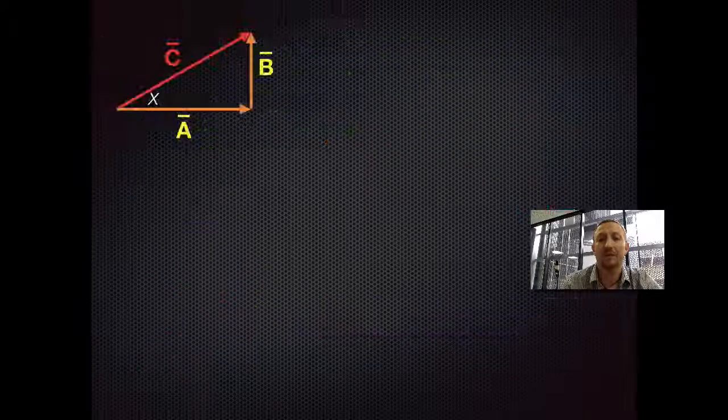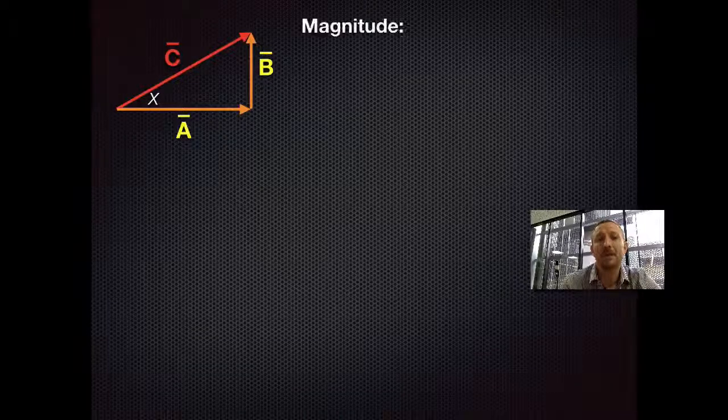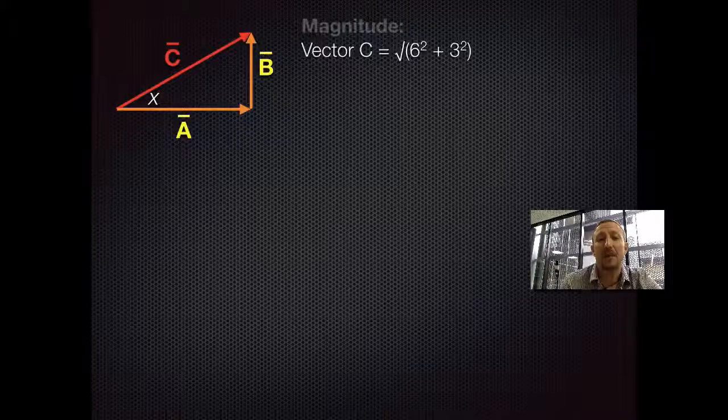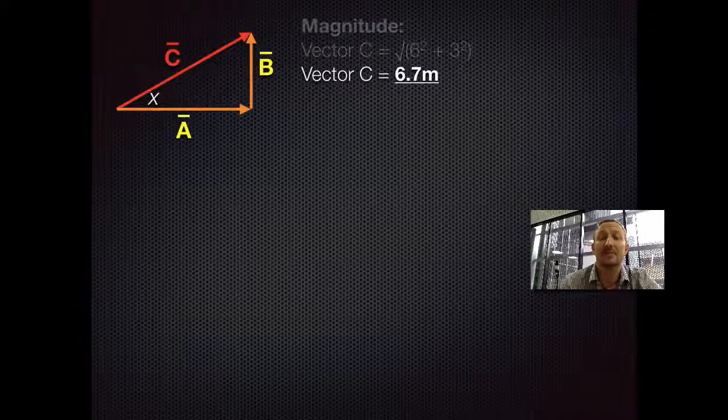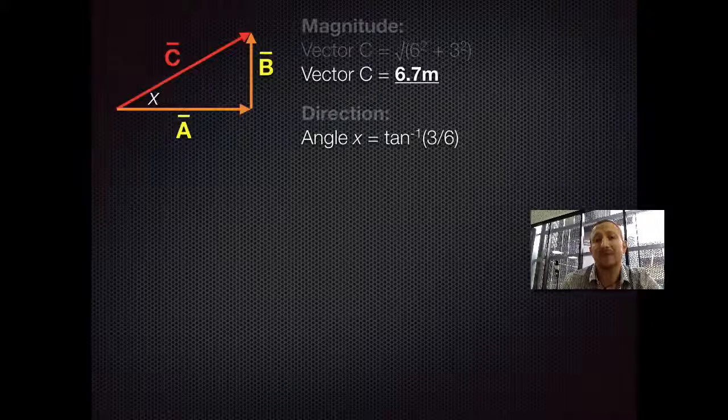So let's try and resolve it. In this case, doing vector A plus vector B is the same as doing vector C at angle X. So let's work out the magnitude of C. I know that A is going to be 6 meters, and I know B is going to be 3 meters. So basically, vector C will be made up of the square root of 6 squared plus 3 squared. Simple Pythagoras. And the result is it's 6.7 meters. To work out the direction, I need to find the angle X. Well, angle X is going to be made up of the inverse tan of 3 over 6, which comes out